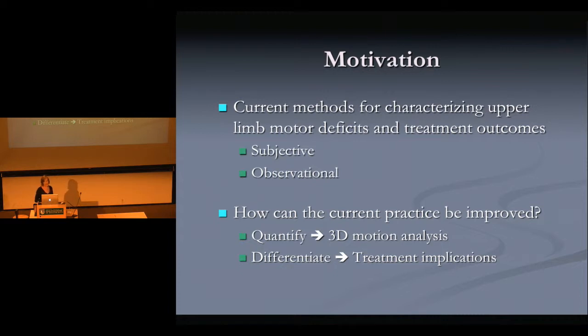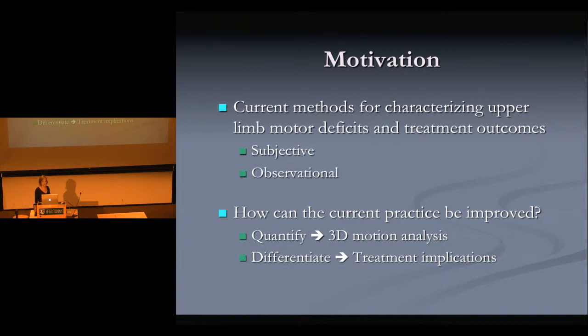And this obviously leaves room for improvement by quantifying the movements with the use of three-dimensional motion analysis. 3D motion analysis is typically routinely used for gait analysis for individuals with gait disorders. In addition, the differentiation of different movement disorders is critical for determining the appropriate type of treatment for children with cerebral palsy. For example, a treatment for spasticity may not be as beneficial as for